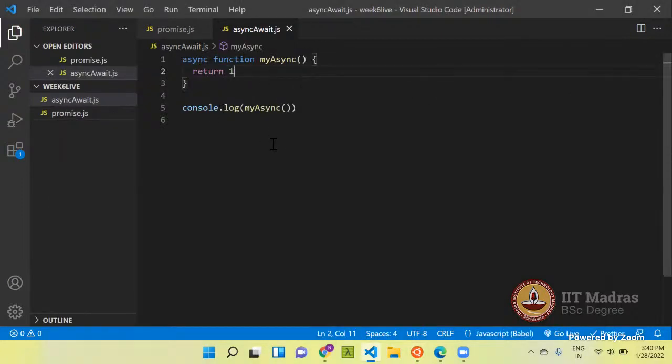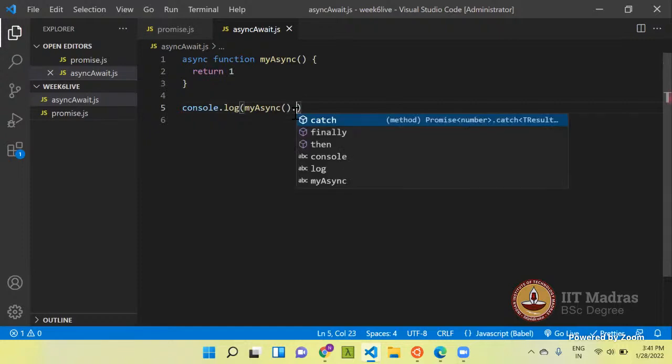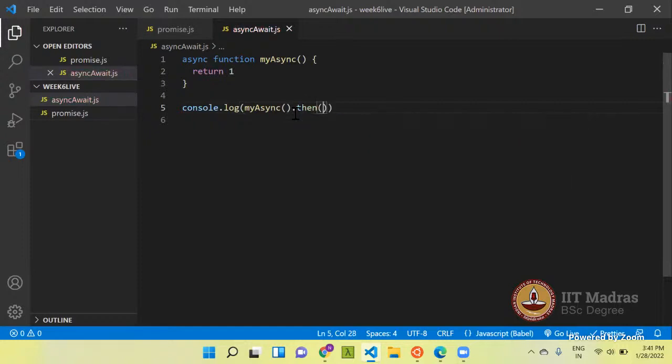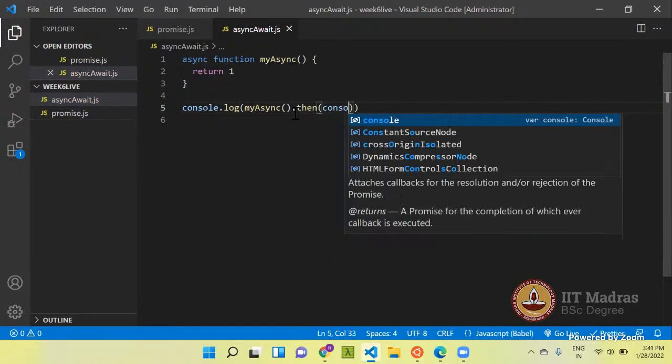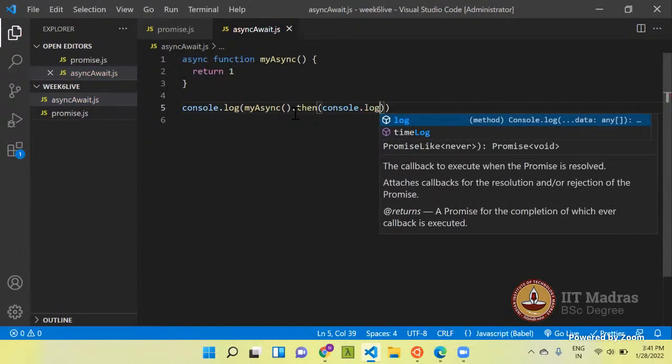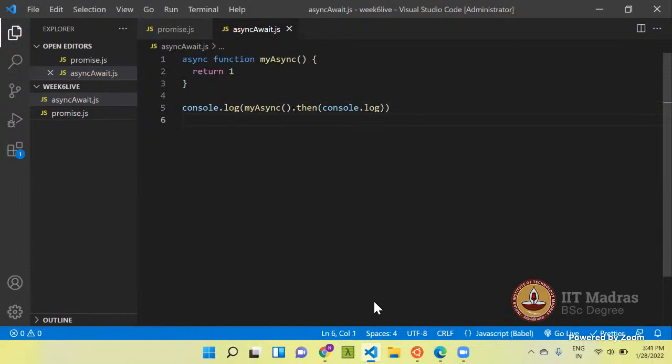That's why promises were important. So now if you use then here, and let console.log, then it will print 1.